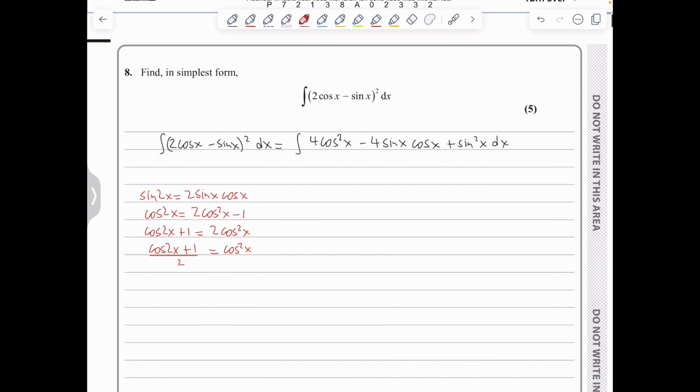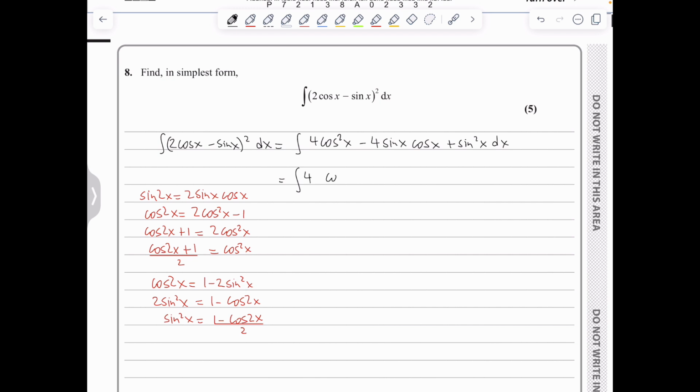And we also know that cos of 2x is 1 minus 2 sin squared x, which leads to 2 sin squared x is equal to 1 minus cos 2x, and therefore sin squared x is 1 minus cos of 2x over 2, and we will be needing this when we integrate the last term of sin squared x. So based on this, we can say that we're looking at the integral of